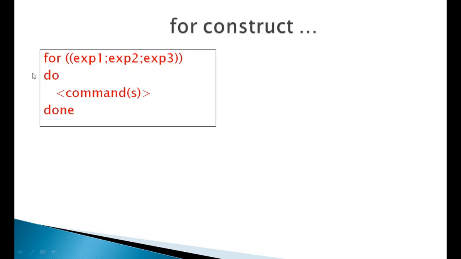So the commands will be executed by first initializing expression 1, then checking with expression 2. If the condition is true, then the command will be executed, and then the increment or decrement operation will be done, and then